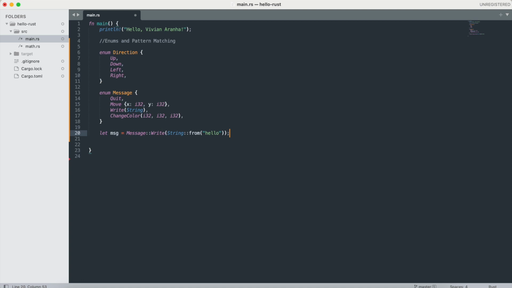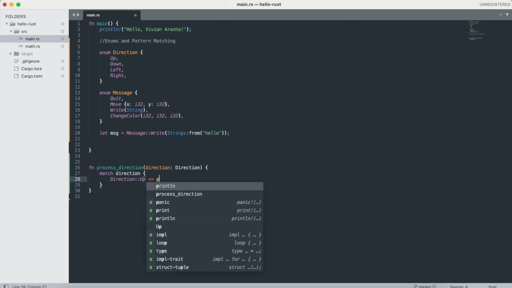Let's look at a basic match example with a function. I'm going to just write something outside. I'll say function, let's say process_direction, and then it gets a parameter, direction, which is of the type Direction. Now inside this function, I can say match direction. Now depending on what the caller has passed here, if the direction is Up, which is one of the values,